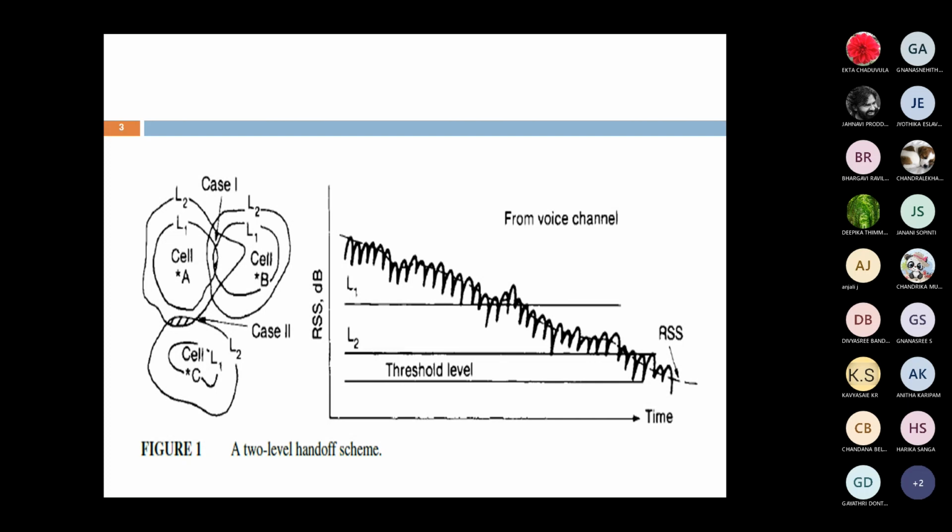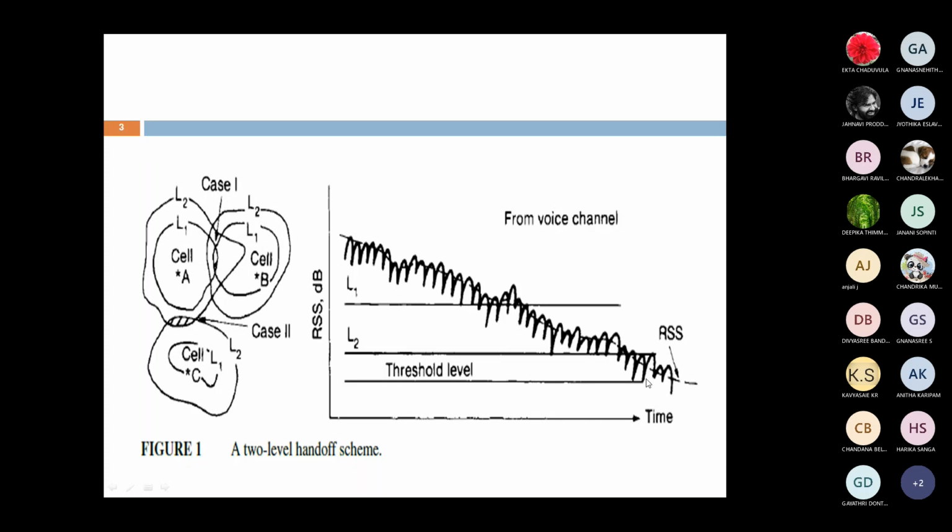Based upon this theoretical part, now I am drawing the characteristics with respect to time and received signal strength. The x-axis is time and the y-axis is RSS, the received signal strength in dB. Here, based upon voice quality, the call is under process. Whenever the mobile is near the base station, the signal is somewhat high. Whenever the mobile reaches the L1 level, the signal strength suddenly decreases. The first handoff request is initiated. Next, the mobile moves to the L2 level, the signal suddenly drops again, and the second handoff is initiated.